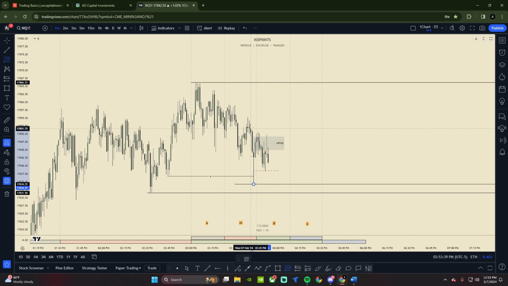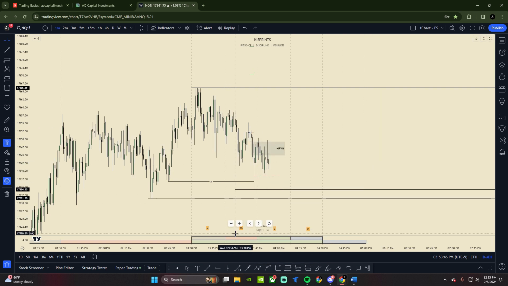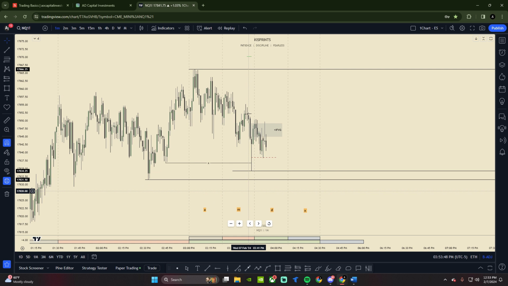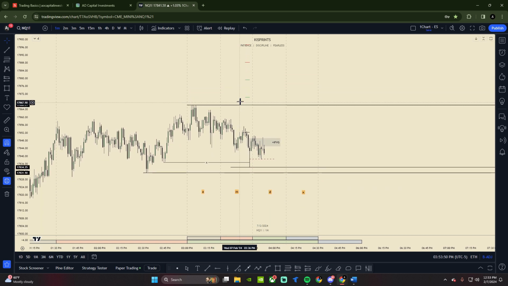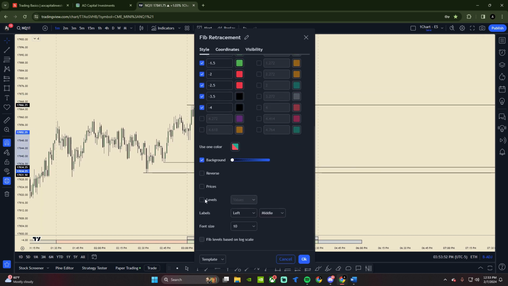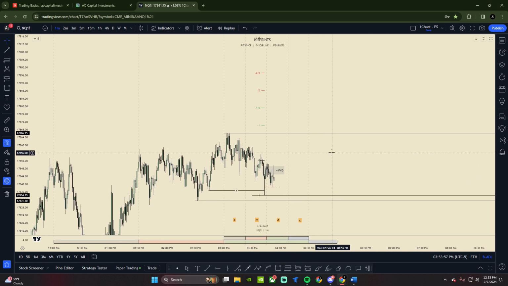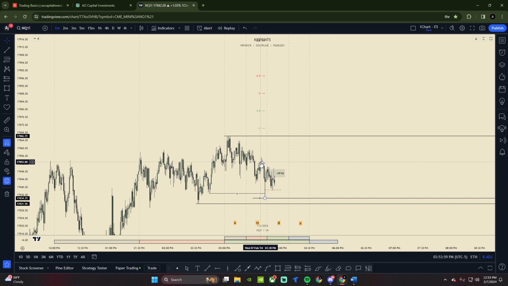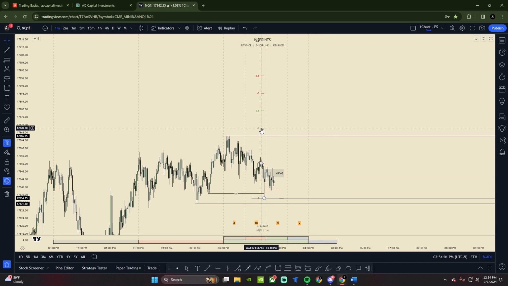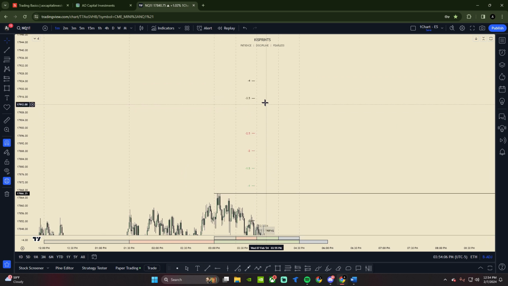Standard deviations are only going to be used on your liquidity sweep legs. You can't use them anywhere else. You must use them during manipulation. If you use it during manipulation, you're going to get this pool right here. Let me turn on the levels. I have them off for simplicity, but you're going to have this pool right here. On this pool, you have the 1 to the 1.5, you have the 2 to the 2.5, and then this is kind of out of the range, but if it does get here, this is 3.5